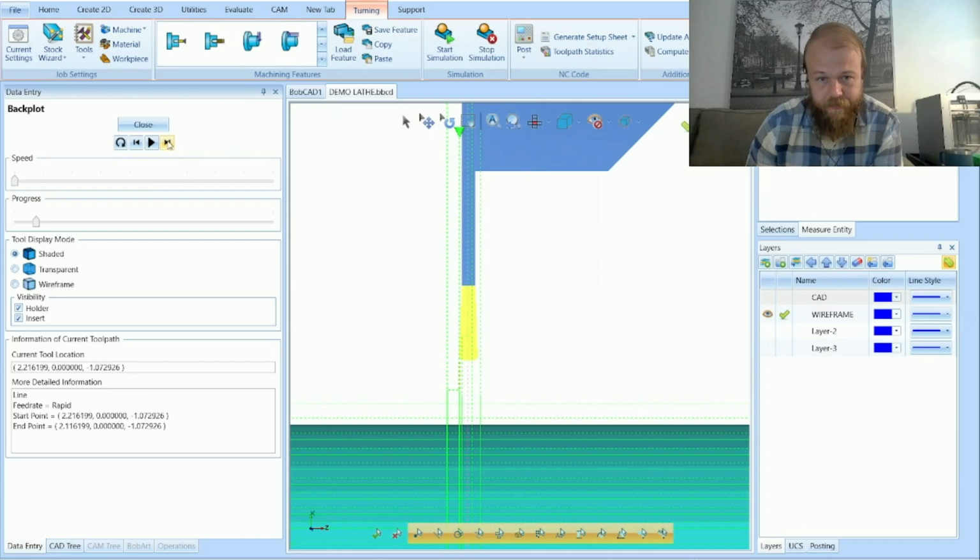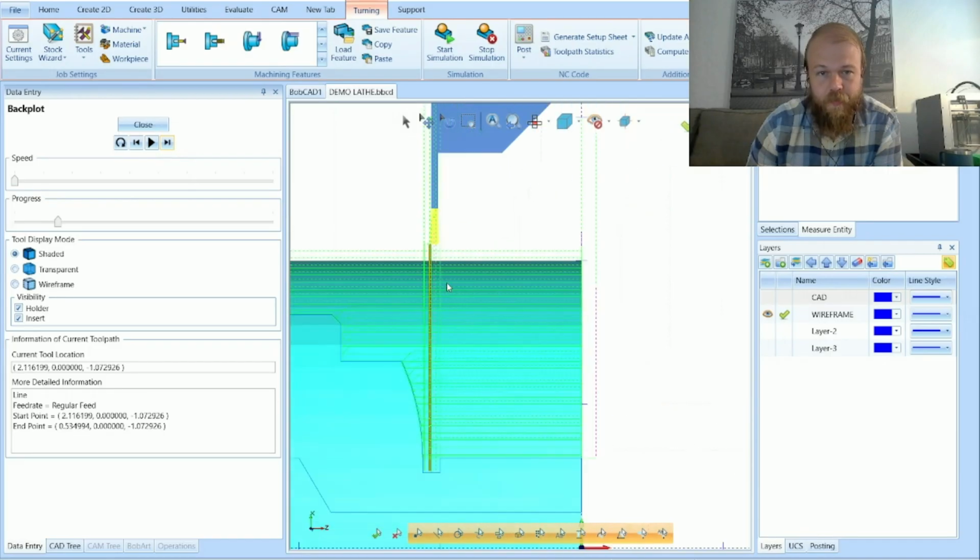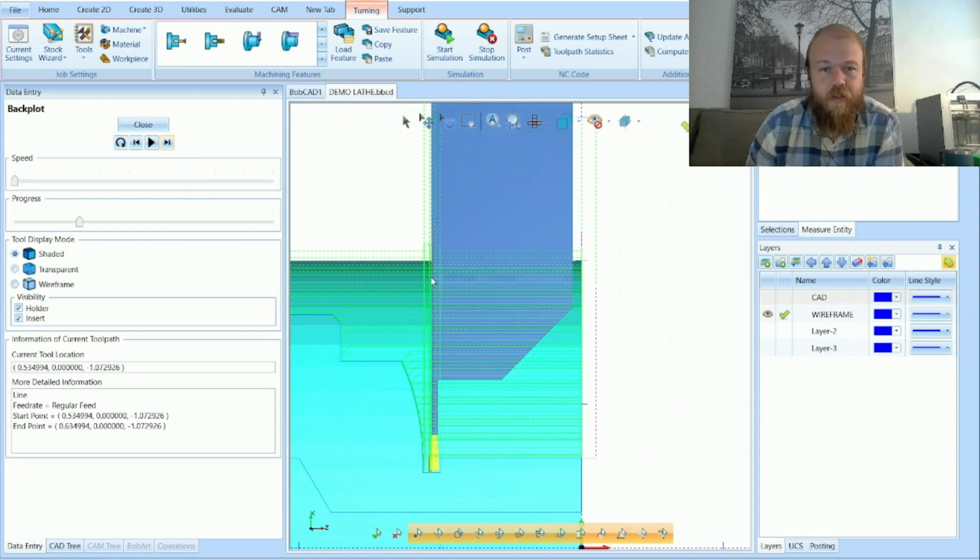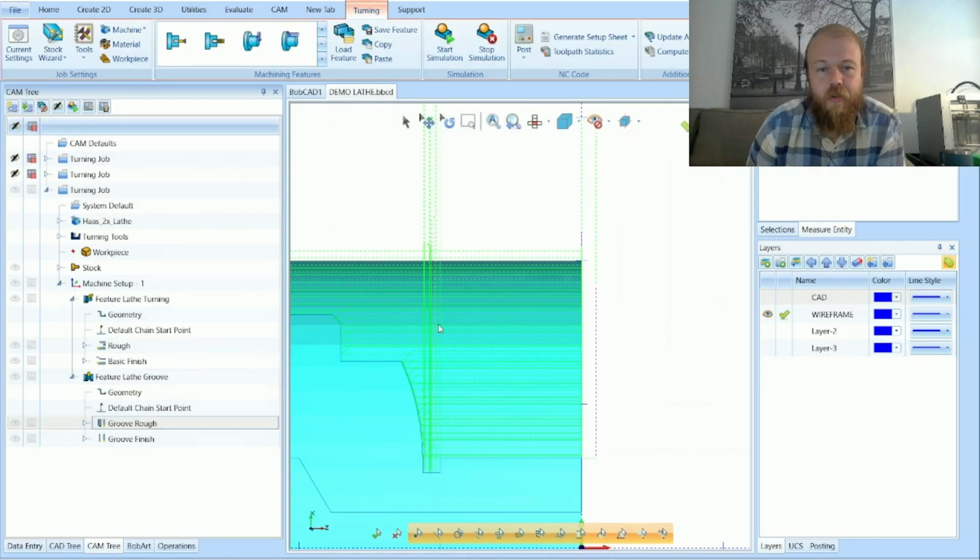So it's going to rapid down to the top of the stock, but now it's feeding down into this material. Or I could say it's feeding down from this location. But all of this material here has been removed already from my turning operation. So it's feeding down from here to here very slowly, rather than rapiding to the top of the stock or the beginning of the groove operation and then feeding down from this location. So that it doesn't waste time to feed down from here to here in the air, sort of air cutting, you could say,